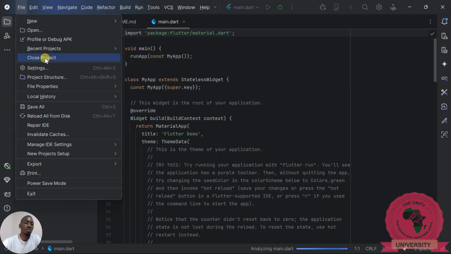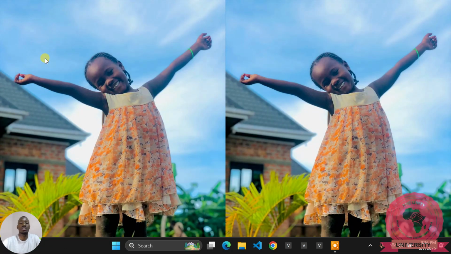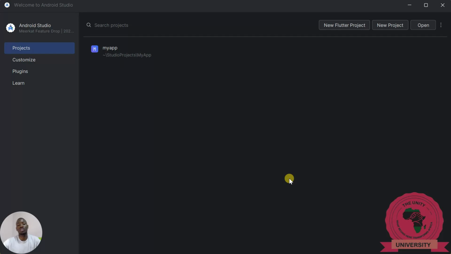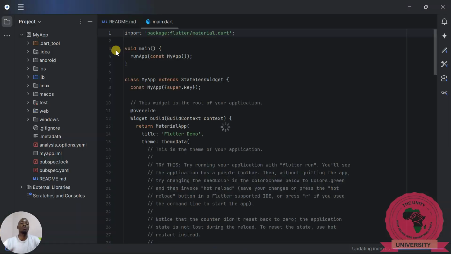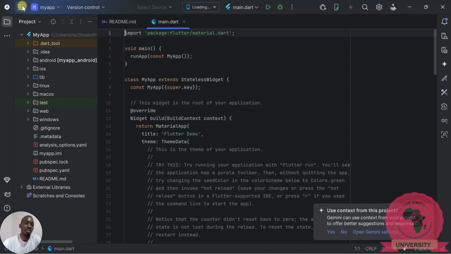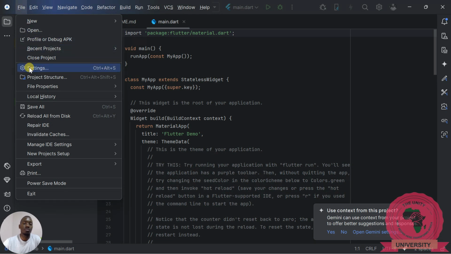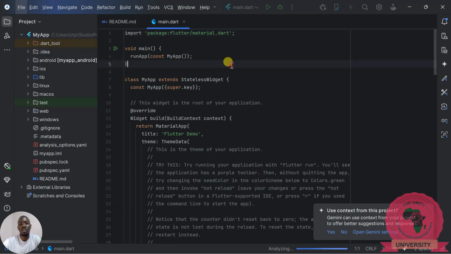You can close a project if you want. For example, I can close it and it will be closed. But once I close it, the interface will try to refresh. But I want to move back to my project. Perfect. So we have, if you want to go to the settings, there is this one and there is also